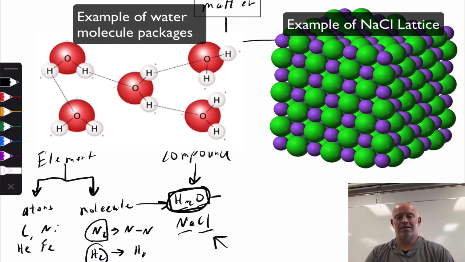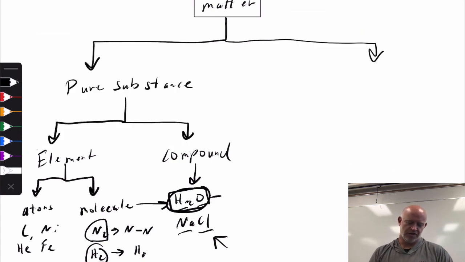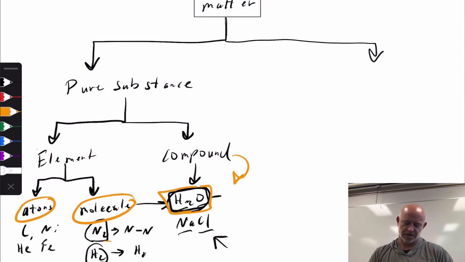Things that ionically bond don't make packages. They make more of a lattice structure of repeating patterns, and we don't call them molecules, which makes molecules a little bit harder to understand. Things I want you to get from this though: one is that if you have an element, you can have an atom of that element, or you can have a molecule of that element if you have more than one there. You can also think that some of our compounds, if they share electrons, can also be called a molecule. We will get into more detail on this later, but that's the level we want to be at right now in terms of the separation between those two things.